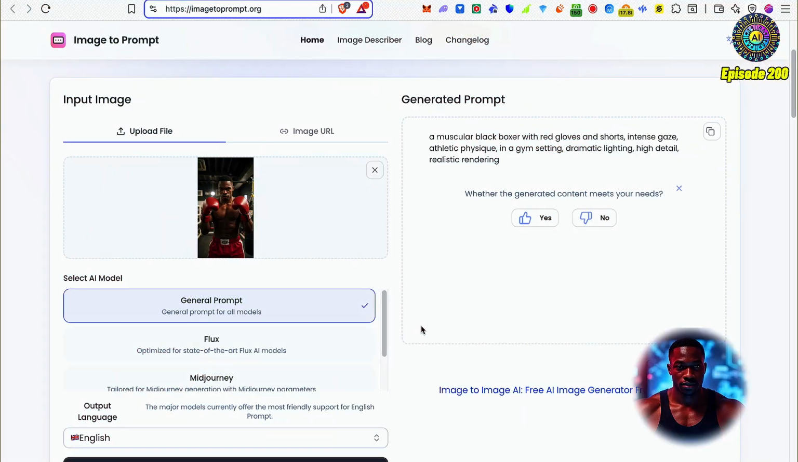So we've got a muscular black boxer with red gloves and shorts, intense gaze, athletic physique in a gym setting, dramatic lighting, high detail, realistic rendering. Very cool. Yep, I think that was pretty much spot on. So yeah, definitely check this out if you're looking to reverse engineer any sort of images and get the prompts